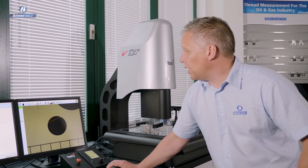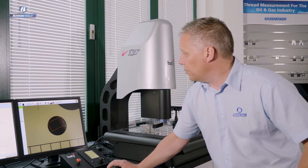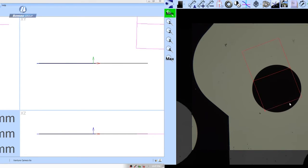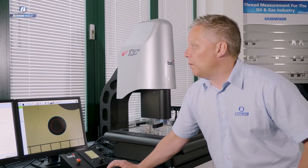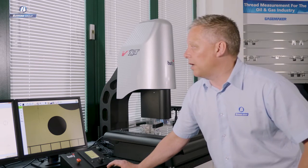Same thing, I haven't changed the tool because I've got an auto select tool selected up there in my toolbar, and you can see that tool just automatically went to a circle tool. Same process, I've got a scanning width here, and in this case I've scanned a nominally 2mm diameter, taking 304 data points. So what that tells me is a very accurate calculation of that diameter, and here it is, but